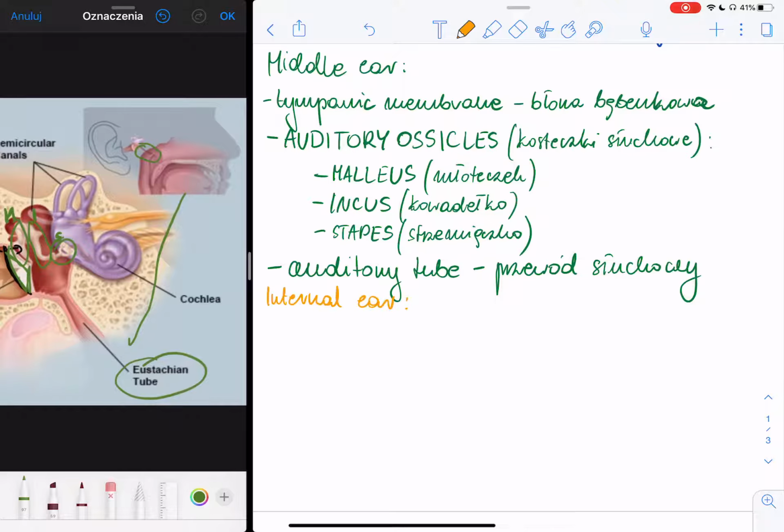The internal ear is the most complicated part of the hearing organ. It's made of spaces inside the skull bones called the bony labyrinth. I'm just leaving it on the side. Bony labyrinth,